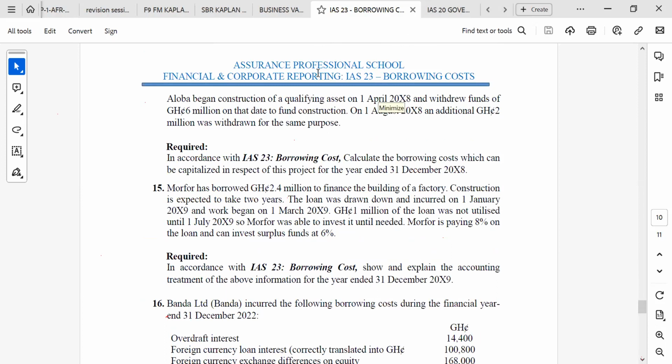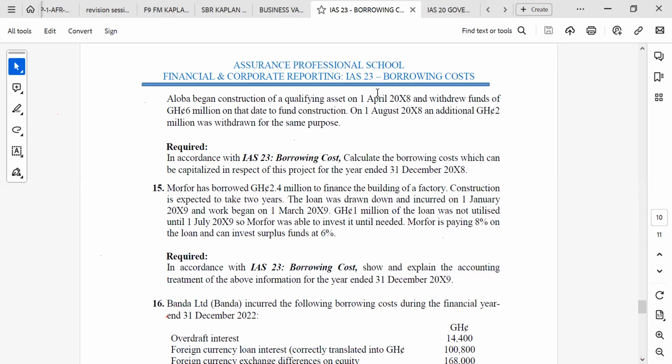Question 15. Mofo has borrowed 2.4 million to finance the building of a factory. Construction is expected to take 2 years. The loan was drawn down and incurred on 1st January 20X9 and work begins on 1st March 20X9. 1 million of the loan was not utilized until 1st July 20X9, so Mofo was able to invest it until needed. Mofo is paying 8% on the loan and can invest surplus funds at 6%. In accordance with IAS 23, show and explain the accounting treatment of the above information for the year ended 31st December